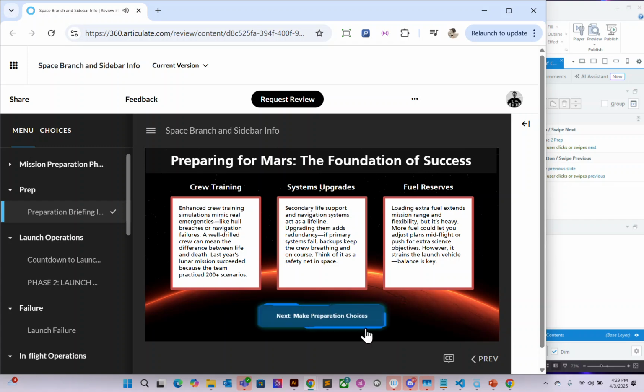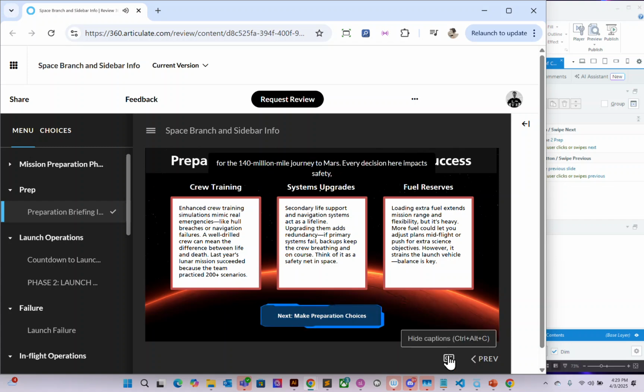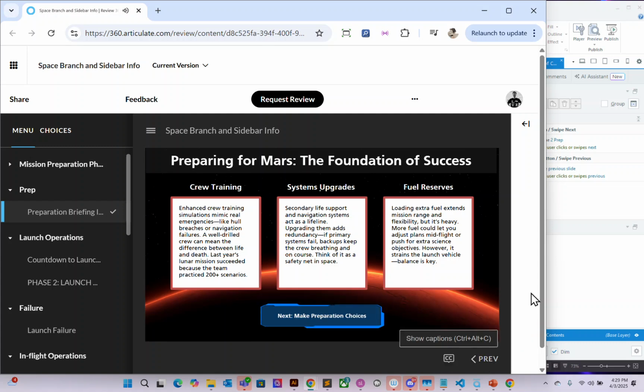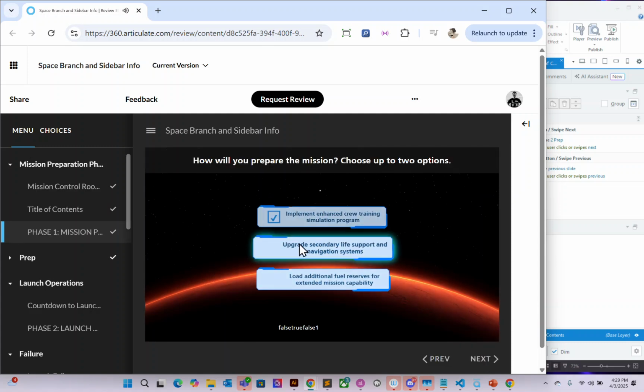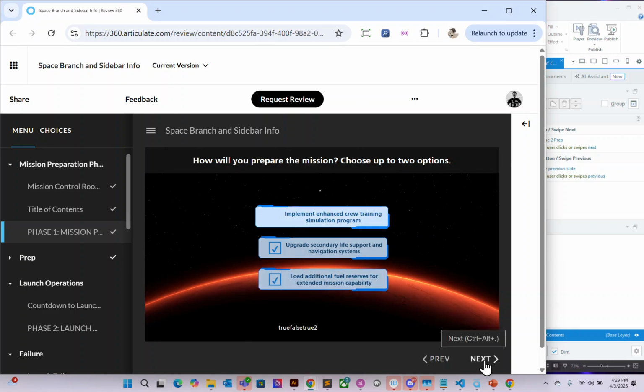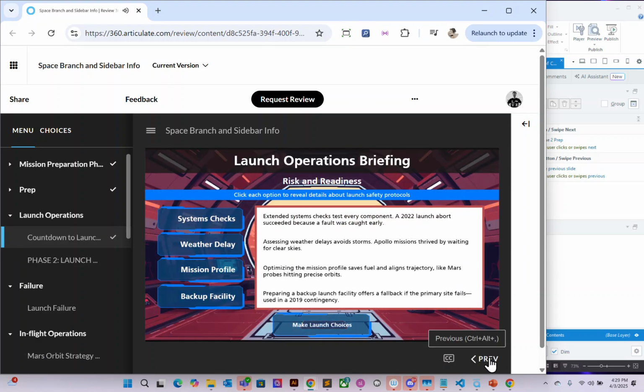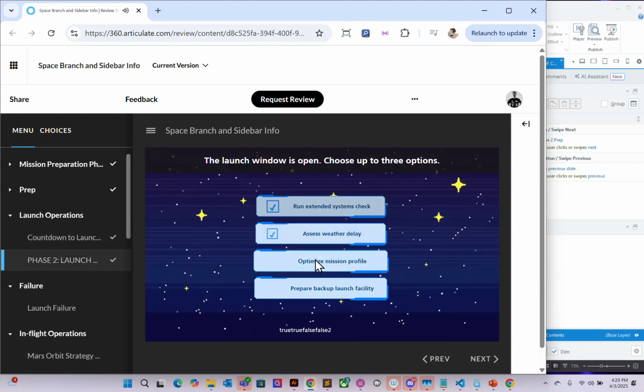As There's some mission learning director, slides right your here. first You can have task is closed to prepare captioning the up crew here. and It covers spacecraft that. for the So you may 140 want to take that million off, mile but I journey just to covered this. Mars. Every decision here Just go through this. You can choose up to two. I have some other logic that controls the buttons. the launch window is your gateway to Mars. Another learning You can slide. choose two of three. Um,